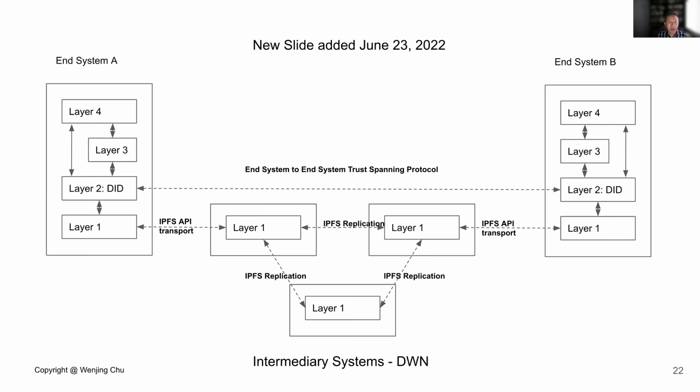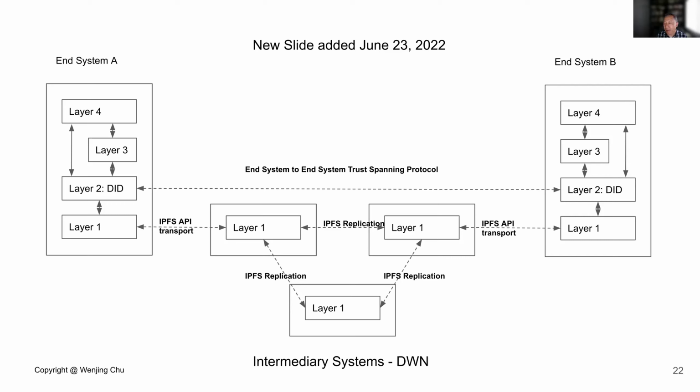So in this case, it's outside of the DWN scope, at least in this layer, on the identity and authenticity of end system A and B, but they provide an IPFS-based transport mechanism, and that can be replicated